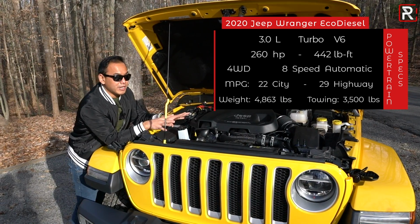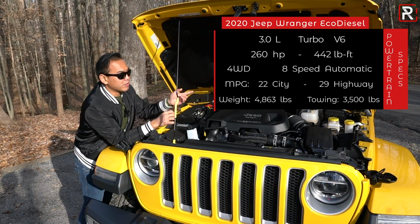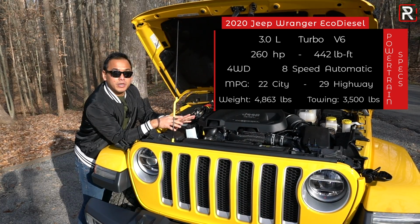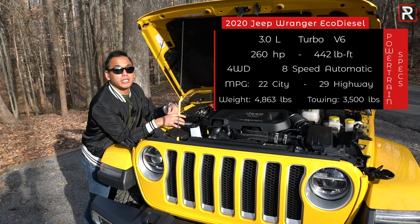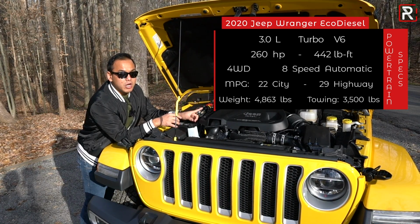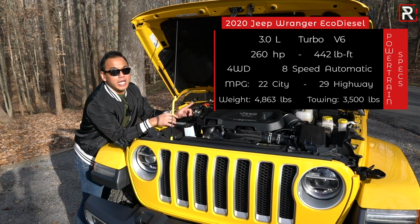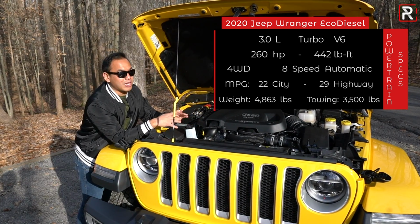and because this thing is a Jeep, which has removable doors, removable roof and everything, Jeep had to add a little bit more sound deadening materials into this thing because they wanted to make it a little bit more refined, but they also wanted to preserve the diesel clatter noise. You're gonna know this thing is a diesel every time you start it up. It sounds exactly like a diesel, and it pulls like a diesel,